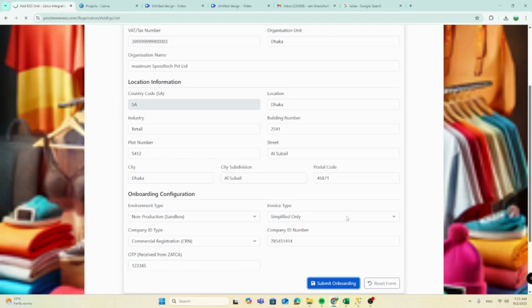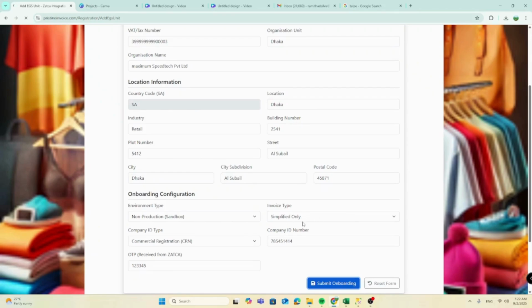This process will take some time, because it will automatically submit invoices. It does the compliance registration first and then does the submission or the reporting of invoices in this case,